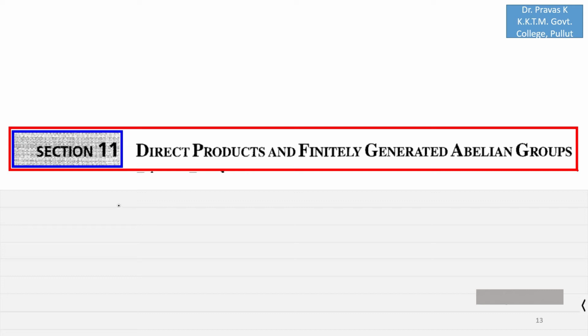Hello everyone. Let us continue our section 11 on direct products and finitely generated abelian groups. In the previous class, we have seen that when we take the Cartesian product of n groups, that is G1,